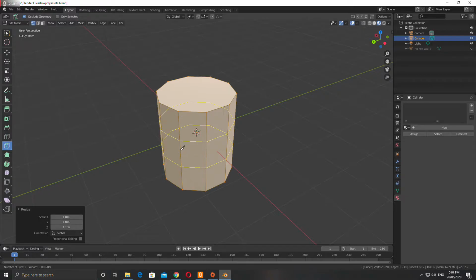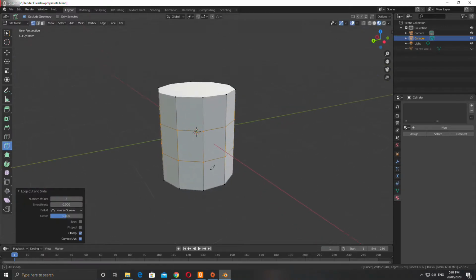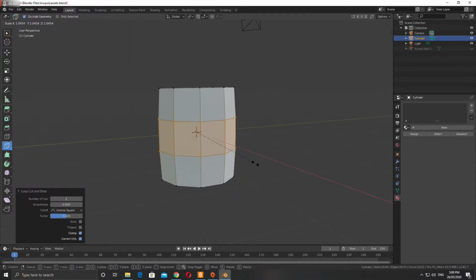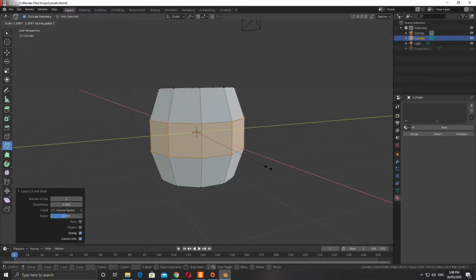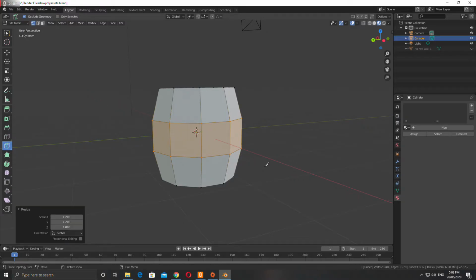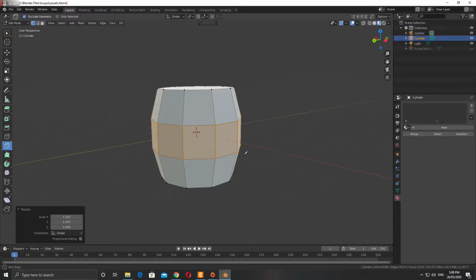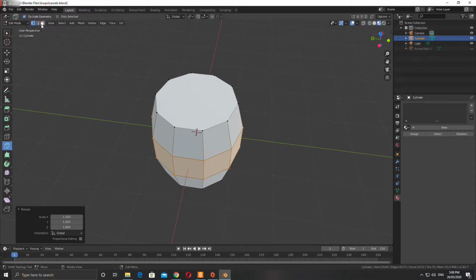So I'm going to scroll up and actually make 2 cuts. So 2 cuts, and I'm going to click, and then I'm going to click again. Then I'll scale these out, hit S, and then scale. But as I do that, I'm going to hit Shift Z. That's going to lock the scaling just to the X axis. Okay, and we'll kind of visually work this here, like that. So I've got this little fat barrel, and I'm going to click on face mode at the top